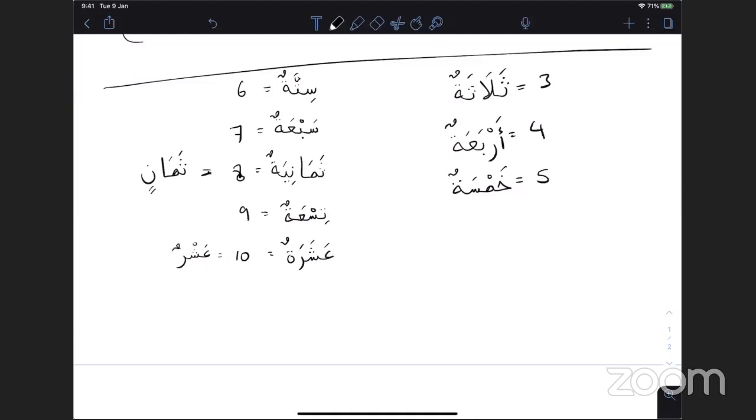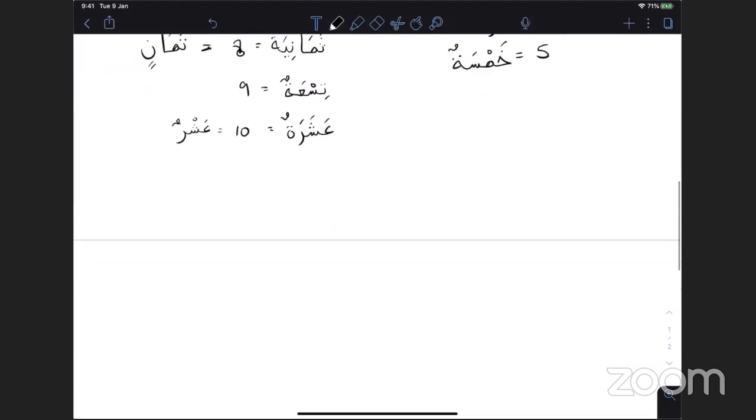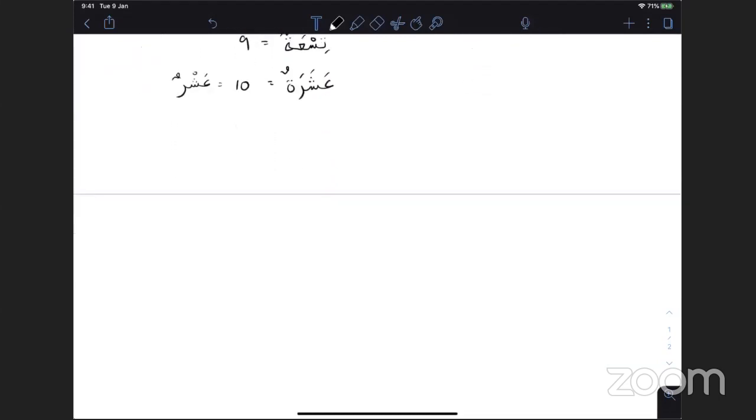Ashrun. Like that. And that's the masculine, yeah? And so that's the numbers. Now, if I wanted to say, for example, 3 books. 3 books. Let's write this down. Or say,